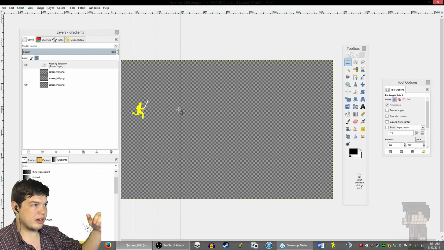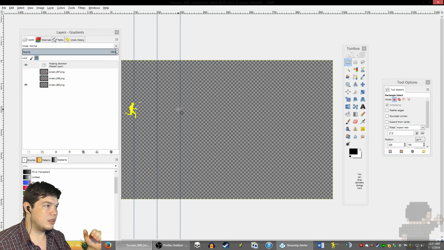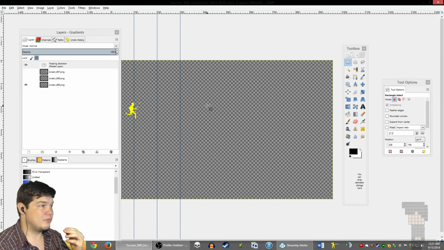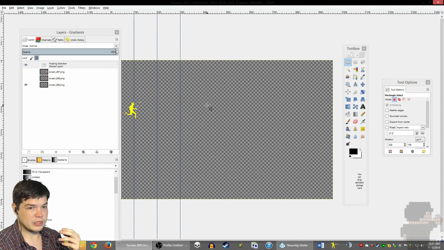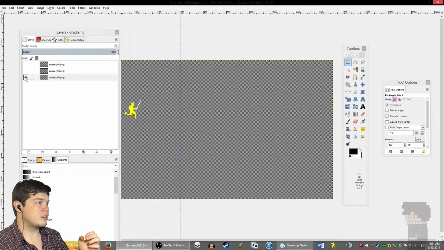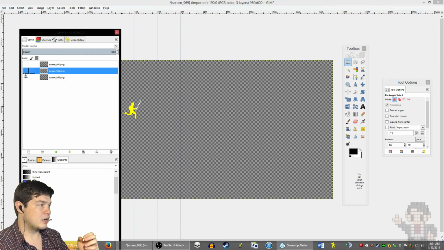I'd rather not use the mouse to drag and drop them, because I feel like that can be inaccurate sometimes, and I might be a little OCD. So there we go. We have this first position there, and then I'm going to open up the second guy,